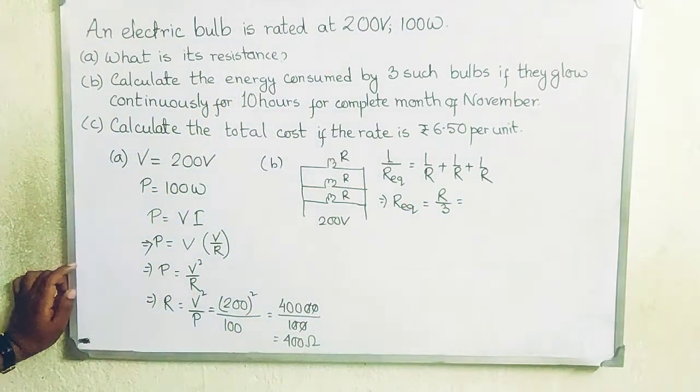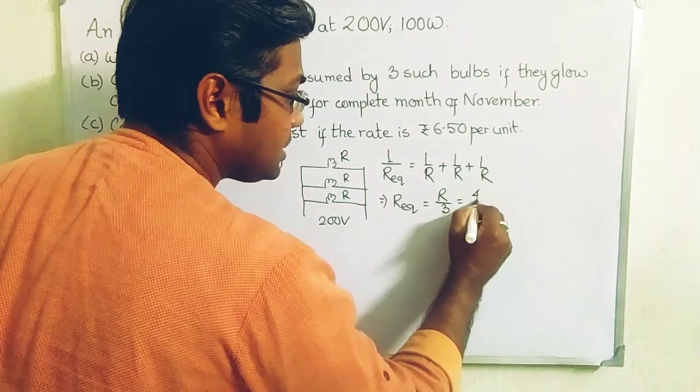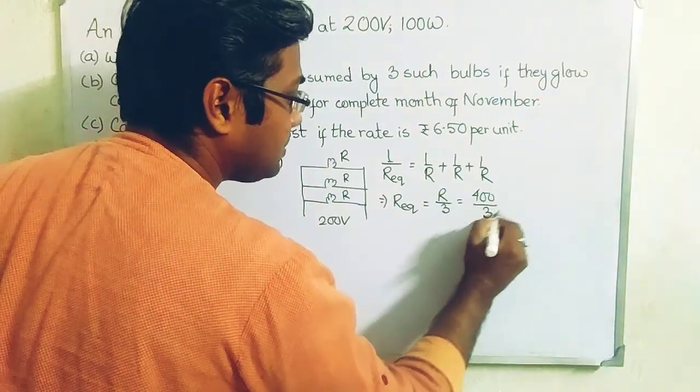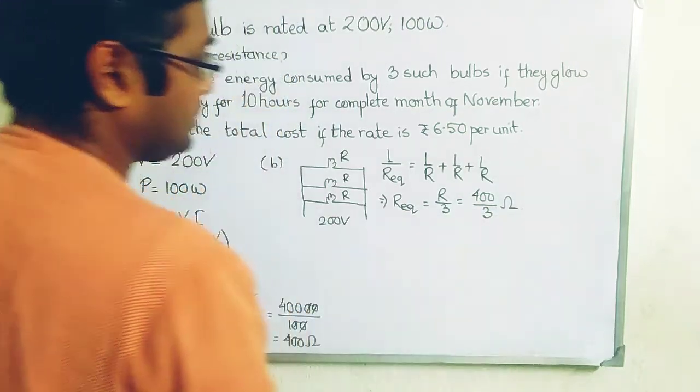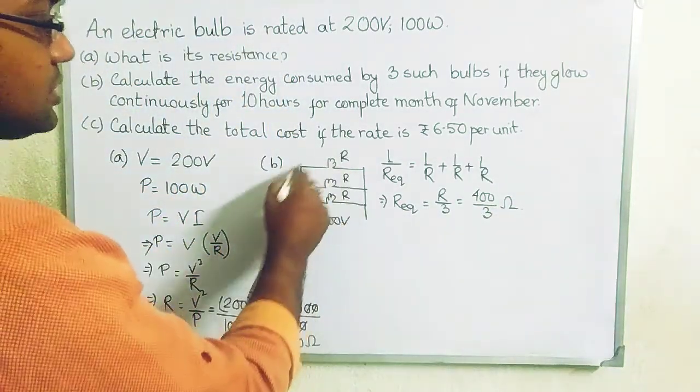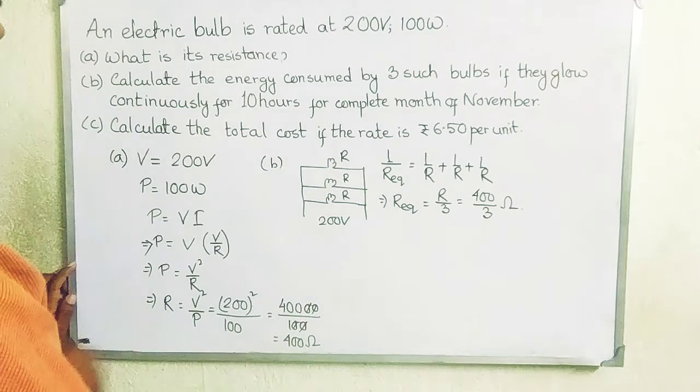Resistance of each bulb is 400, so I am just placing here 400 divided by 3 ohm. So this is the resistance of this combination. Okay. Now it is